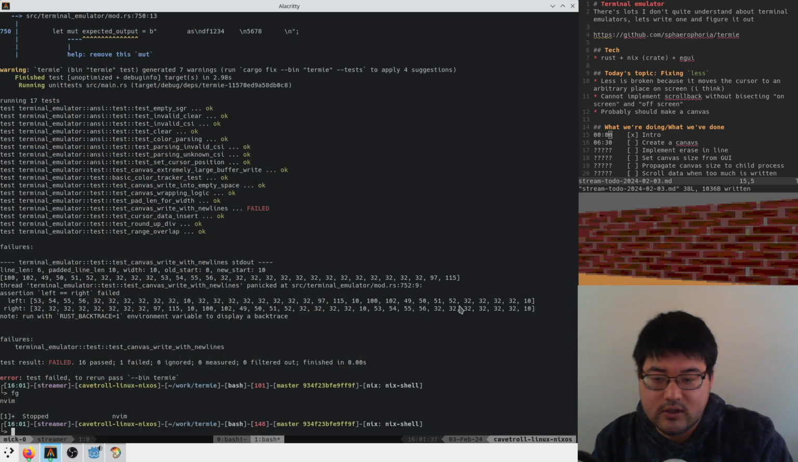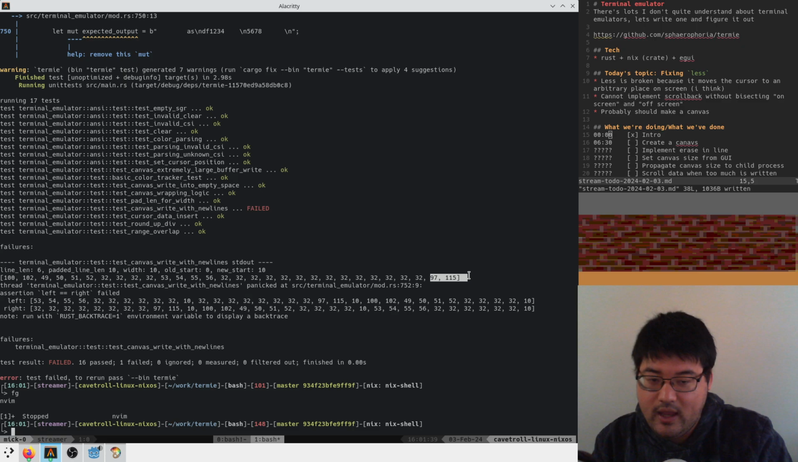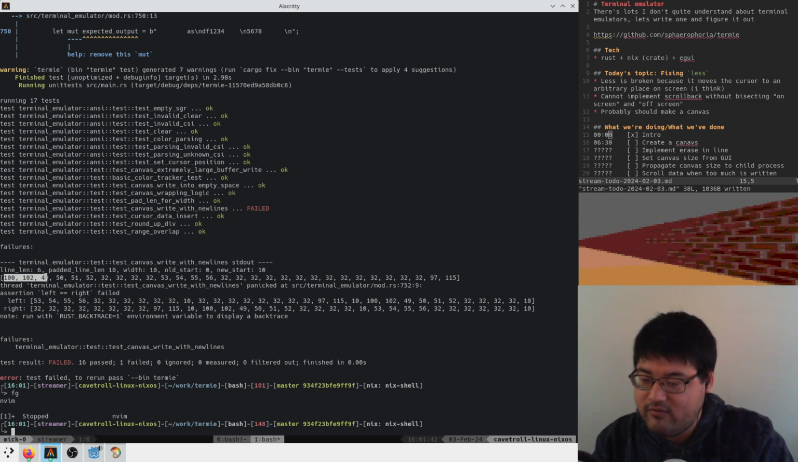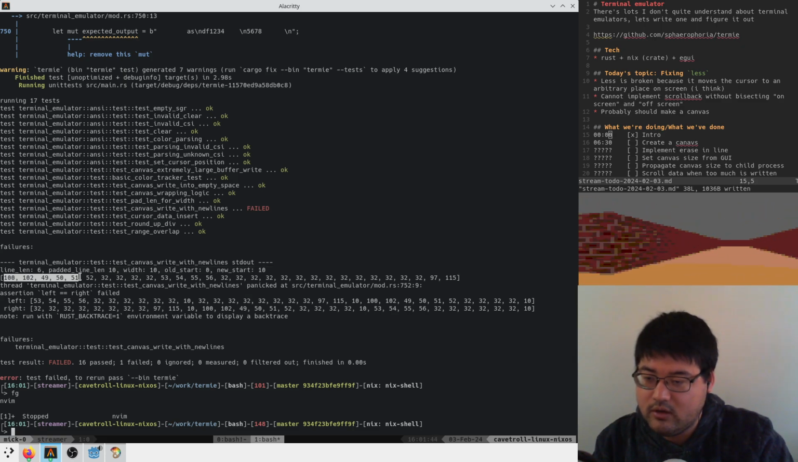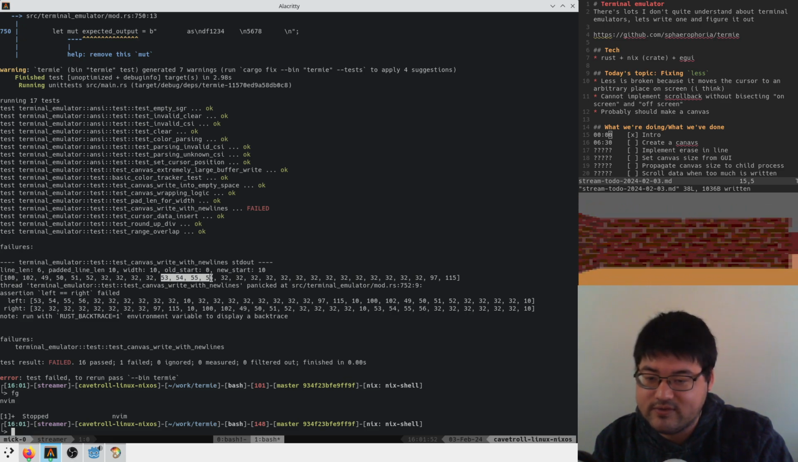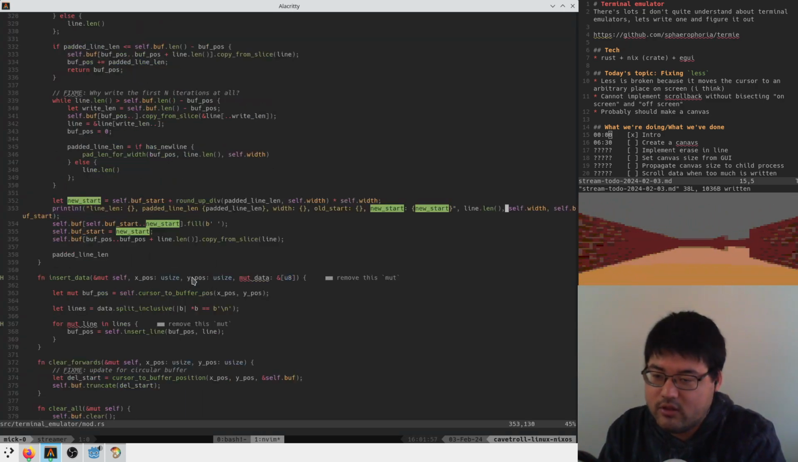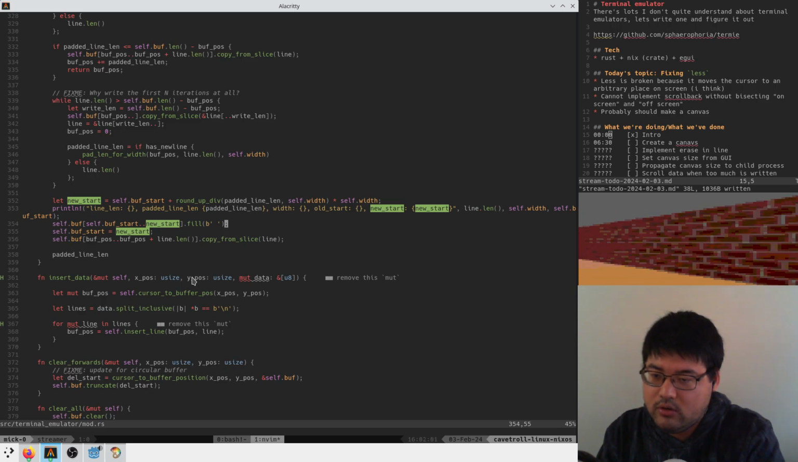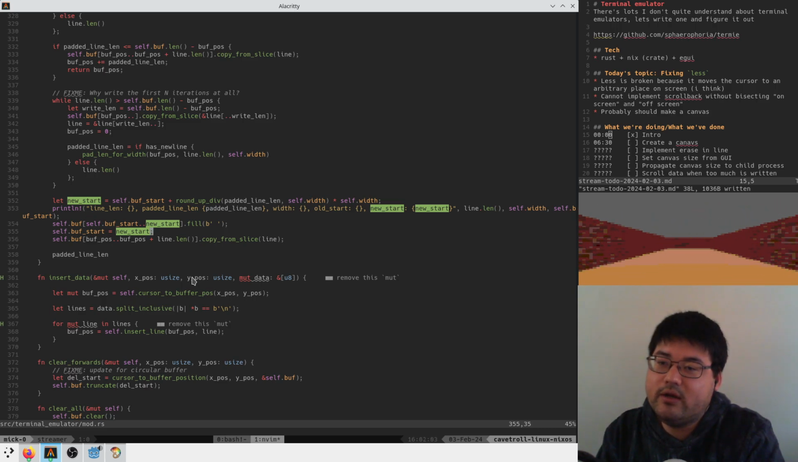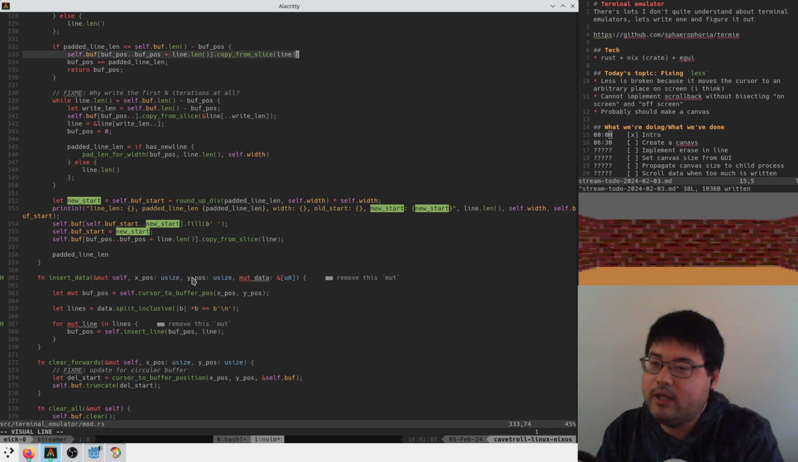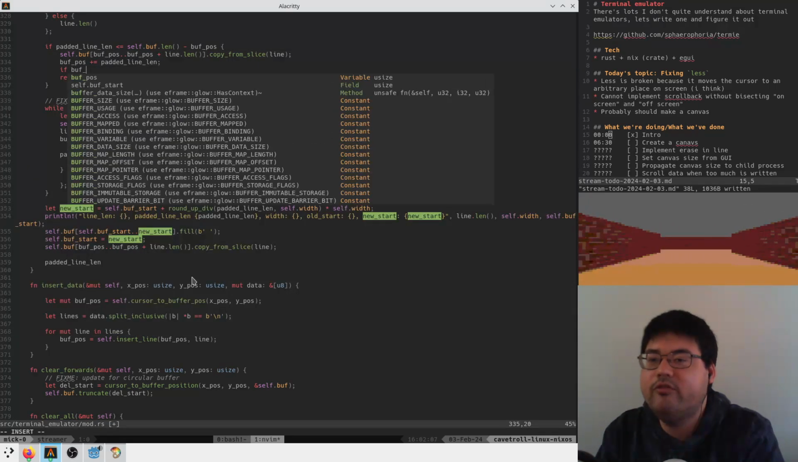So we should see AS, DF, 1, 2, 3, 4, a bunch of spaces. Yep. Then 5, 6, 7, 8, and a bunch of spaces. So the data in here is actually correct. It's just the new line, the position tracking that's not. Which means that probably here, if buff